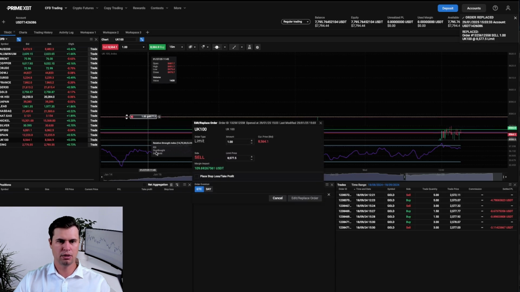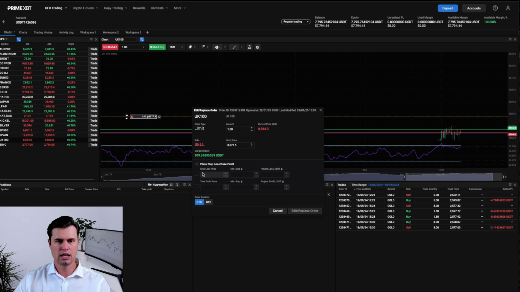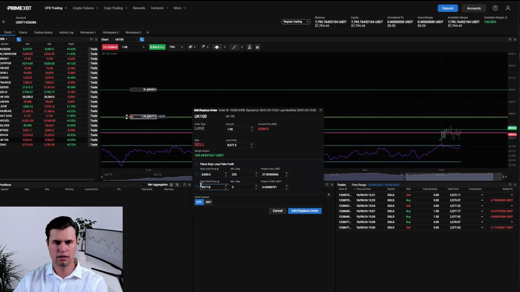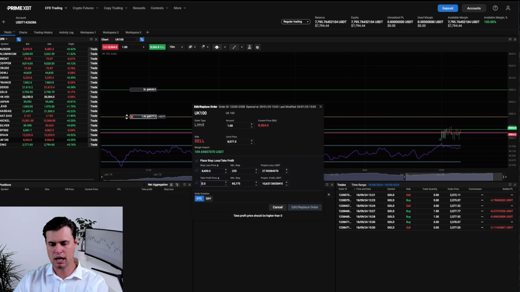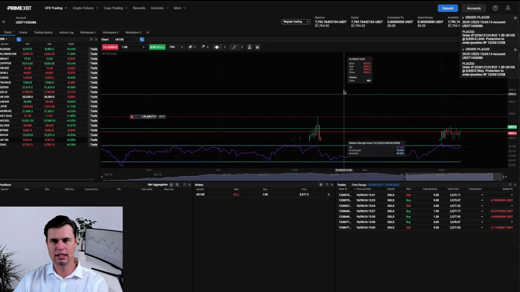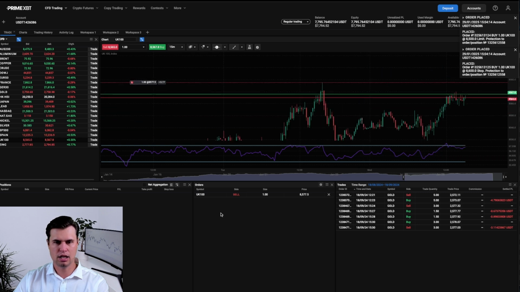And let's say, for example, I would like to place a stop loss and a take profit level. Then I can simply just go and click on where it says place stop loss and take profit. And then I can choose, say, the levels I want to put in. And for example, the different prices I would like to take profit at, right? Now you'll see there's an automatic calculation that happens for you already, which is great. So let's say, for example, I would like to take profit at 8,500 and my stop loss to be at around 8,600. That means I'm going to lose $27 and I will gain $96 if we hit full take profit. I go confirm, and then you'll be able to see now that my stop loss and take profit level have been